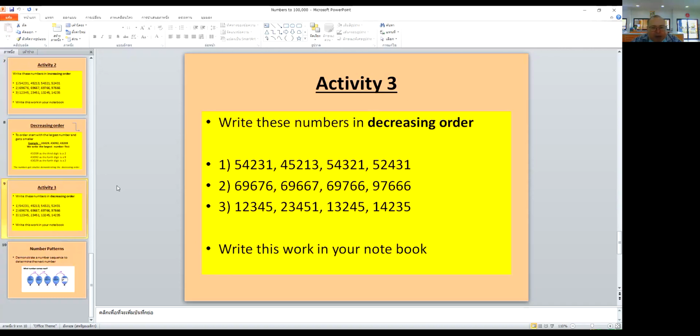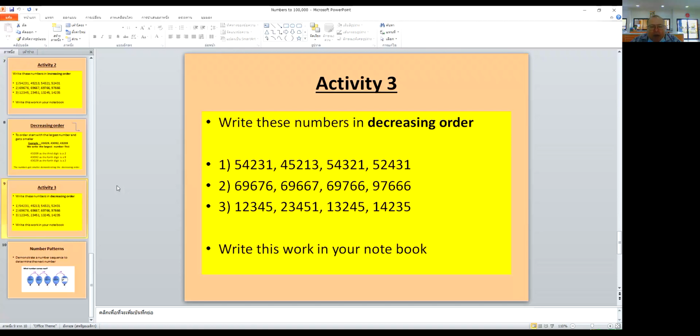And to finish with, your third activity was to write these numbers in decreasing order from the biggest number to the smallest number. And we have three sets of numbers. Our first set of numbers was